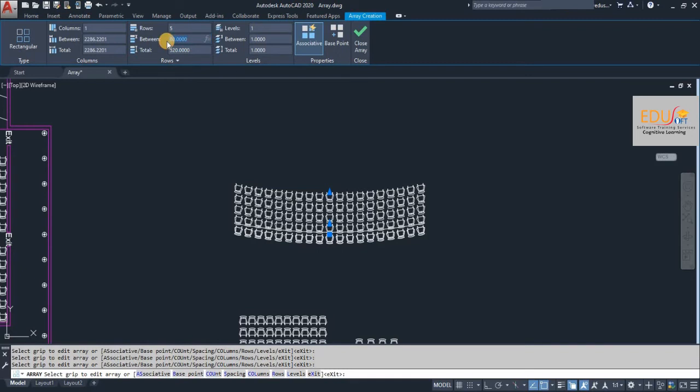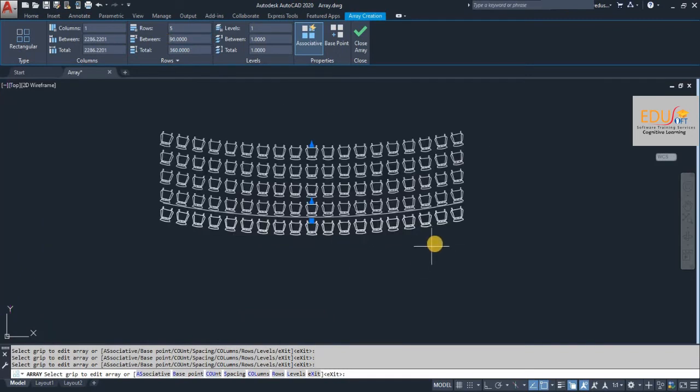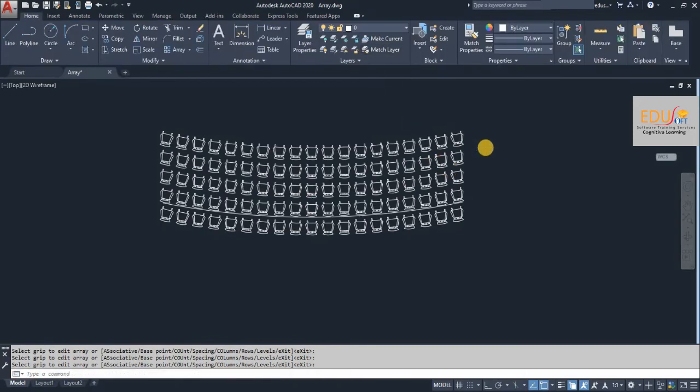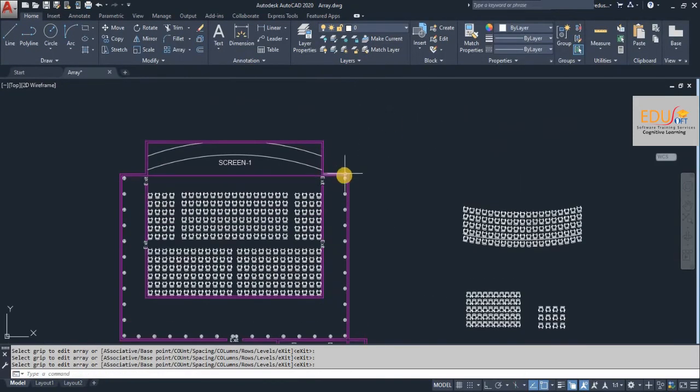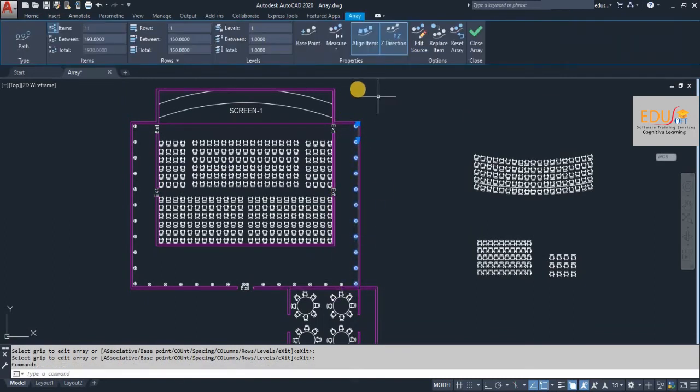So this will make our work a little easier. I hope you understand how to use path array. So these slides have been distributed using path array. That's the reason when we click on this slide, an additional option comes up here, array, path array. You can see this has been arranged using path array.